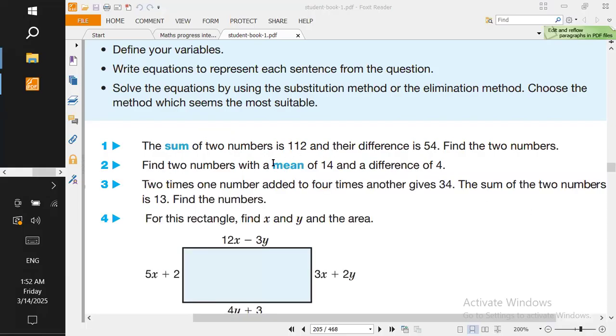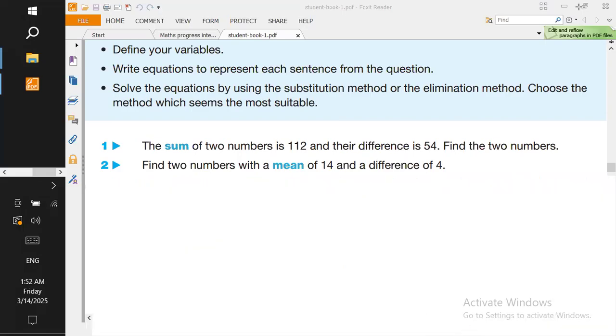Second question here, find two numbers with a mean of 14 and a difference of 4. Same idea. This question here. Let's cover this. So two numbers with a mean of 14. What's the meaning of mean? Mean means when you add numbers and divide them by their count. So this means x plus y divided by 2. This is the mean. This is how you find the mean of two numbers. You add them and divide them by their count. So x plus y divided by 2 equals what? The mean equals 14. So you write it like this,